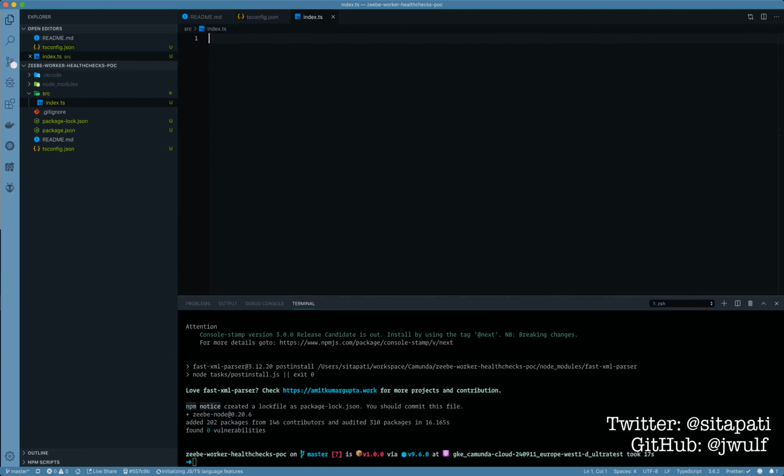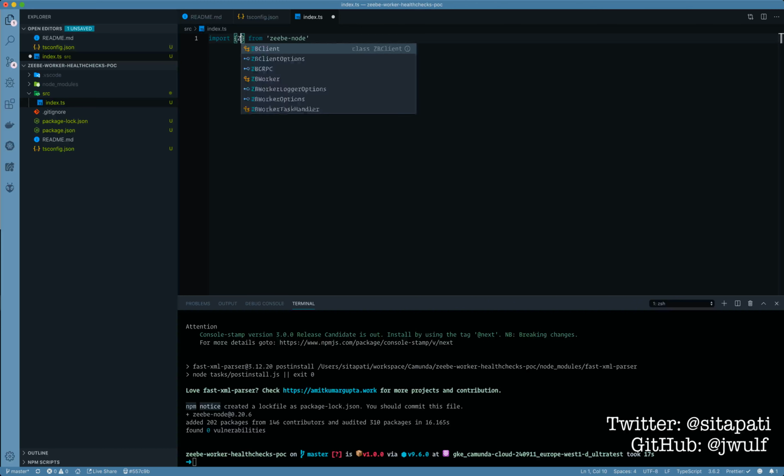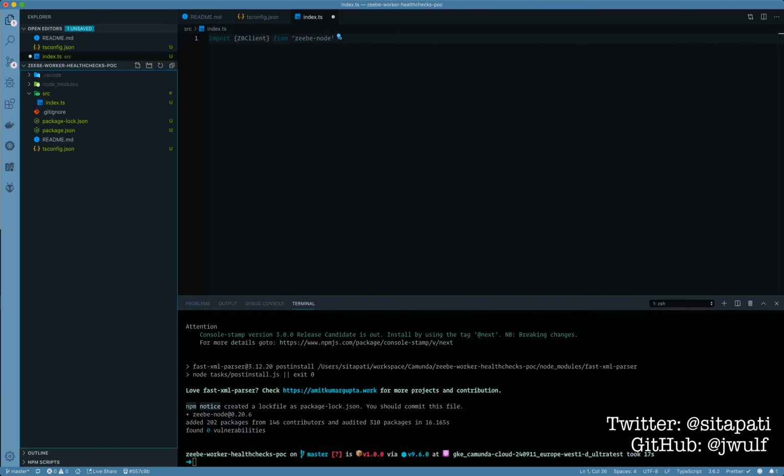Okay, so we're going to import the ZB Node library, ZB client. And we'll make another directory in here called BPMN. The way we're going to do it is we're going to use the ZB modeler to create a business process that runs in the broker and that just periodically sends a job to the workers, and then the workers have some logic in it so that they treat that as a special type of job. So what that looks like, if we go here,